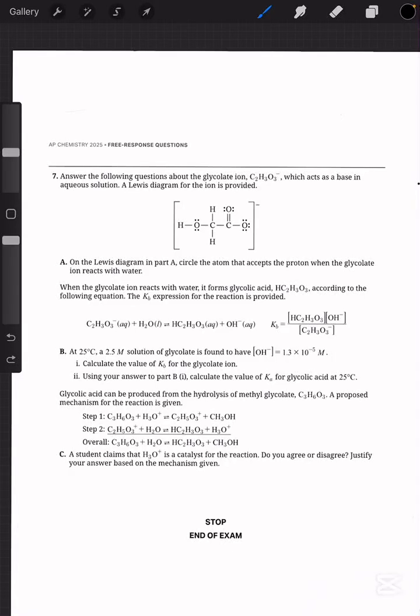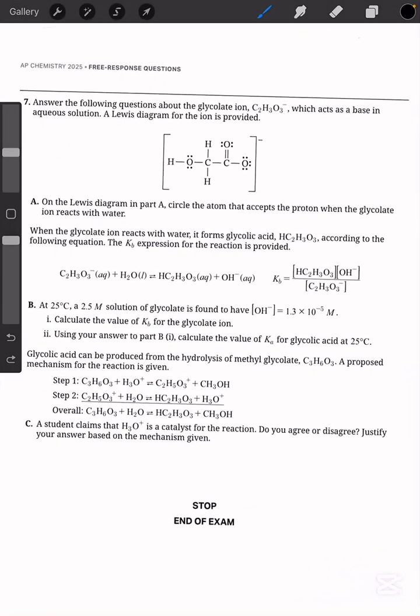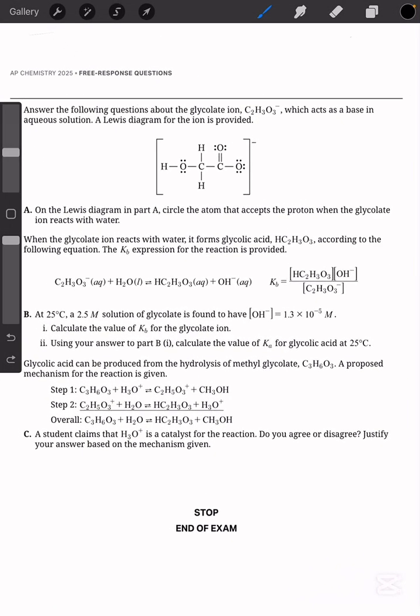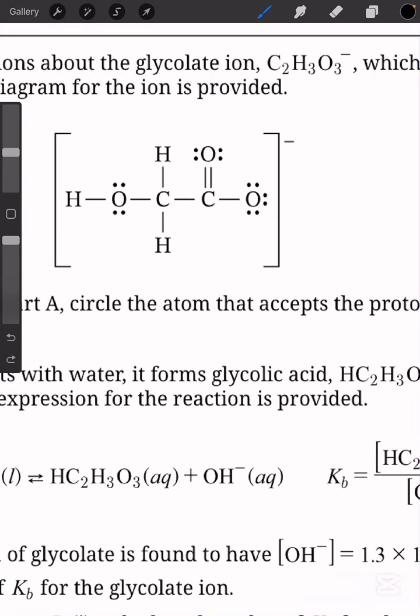Okay, so this is the last FRQ from the AP Chem exam 2025. And part A asks to circle the atom that accepts the protons when this ion reacts with water. So if we look at the structure here, this should be the one that accepts the proton, because